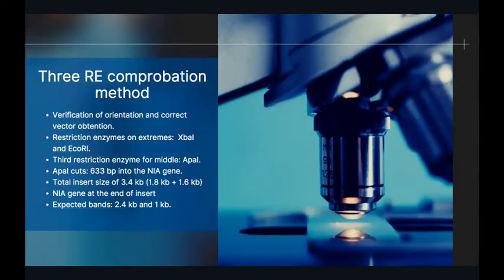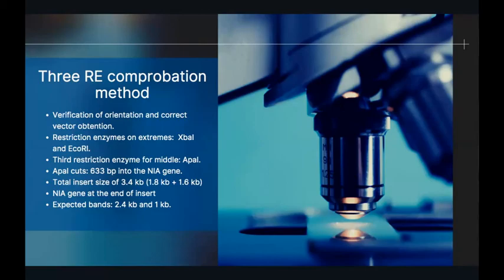We will then do a 3 restriction enzyme comparison so that we can verify the orientation and the correct vector obtention. We will use XhoI and another enzyme. Then we will use a third restriction enzyme that will cut in the middle of our cut fragment so that we can see if our vector was made and modified as we wanted. Here we have how our enzymes cut, and the expected bands of 2.4 kilobases and 1 kilobase obtained